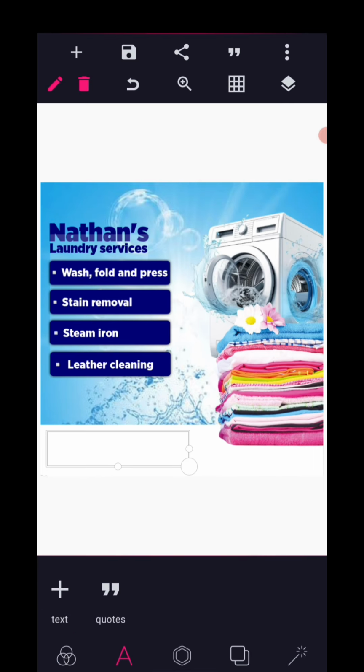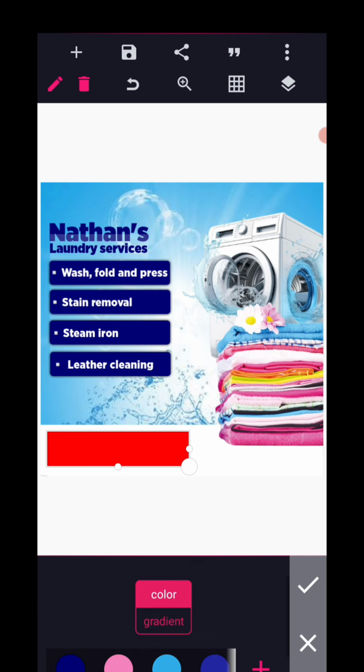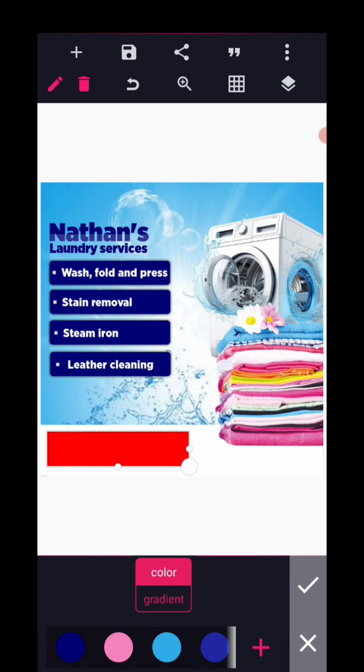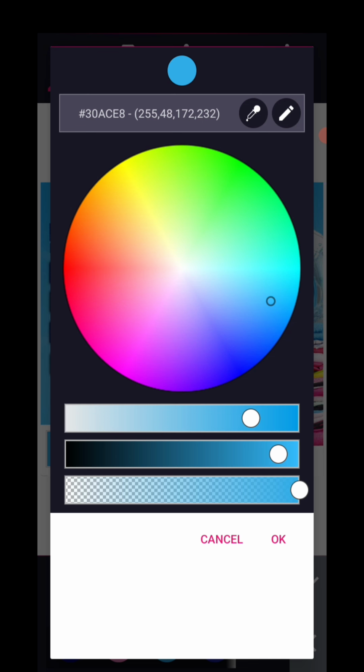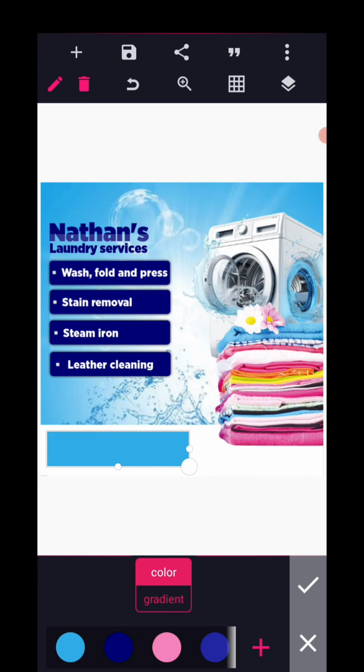You can say okay, and then you go to color, or you do it the way we did before. Then we select that color there, like that. Let me show you, in case those who would want to use the exact color. That's the exact color there. It is 148, 172, 232. In case you want to use the same color that I'm using, I would recommend you use the